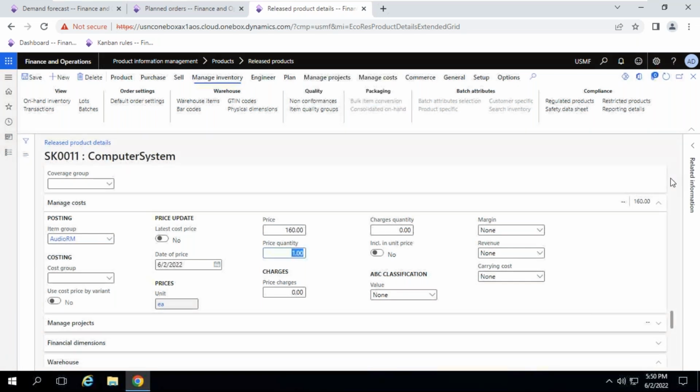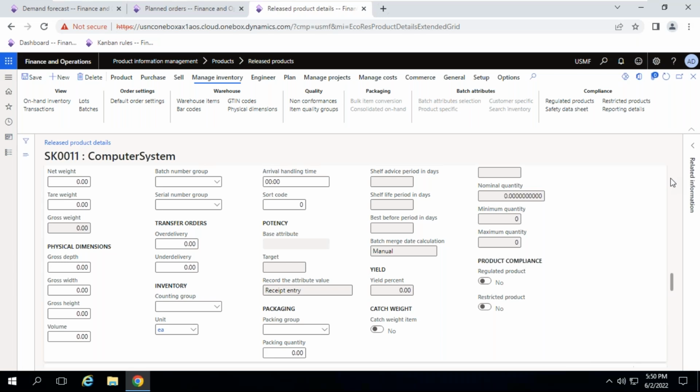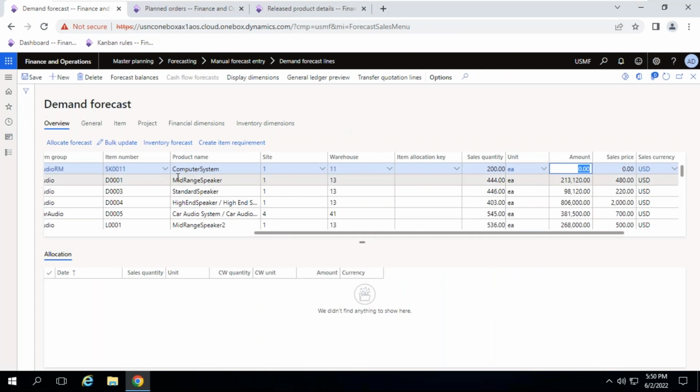Okay, fine. Now, if I refresh, if I reselect,